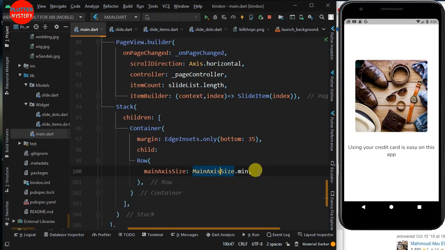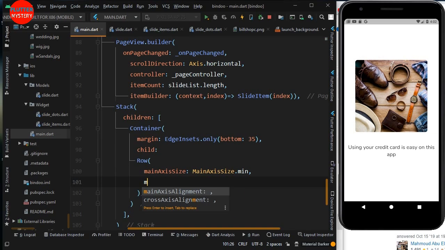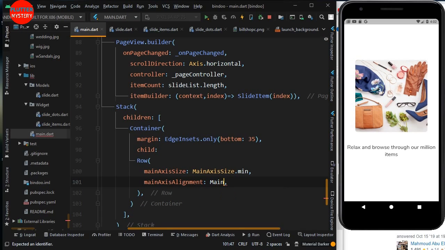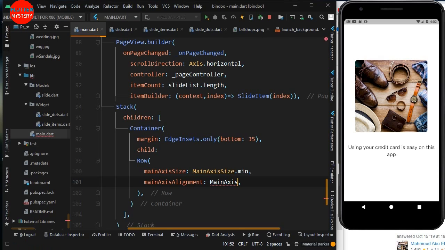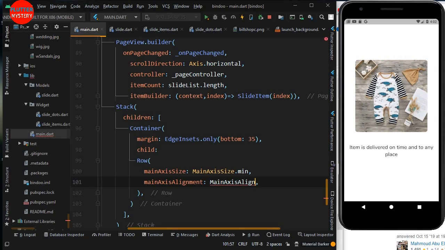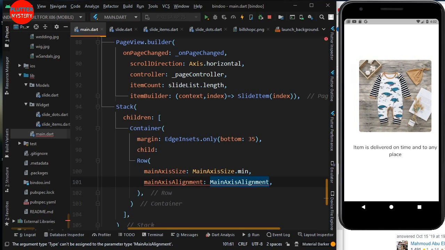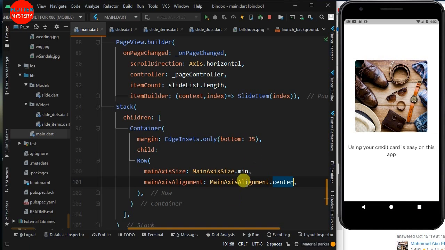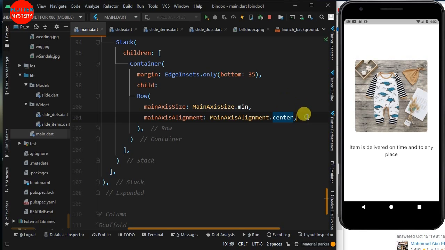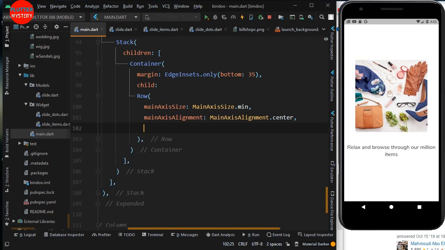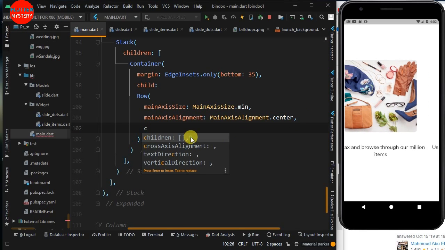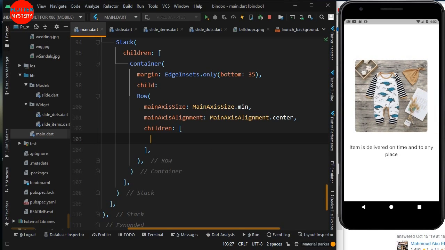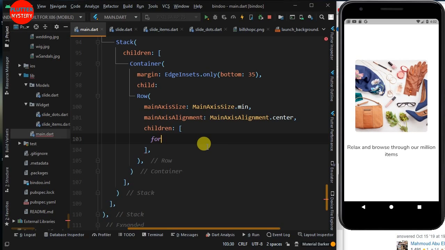This thing will make me do mistakes. And then we have main axis alignment, which is also a main axis alignment, the center like this. Okay, so in this row we have children, and the children they are going to be for